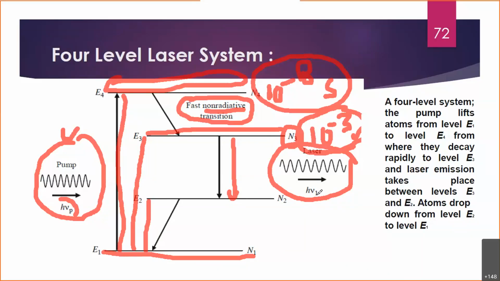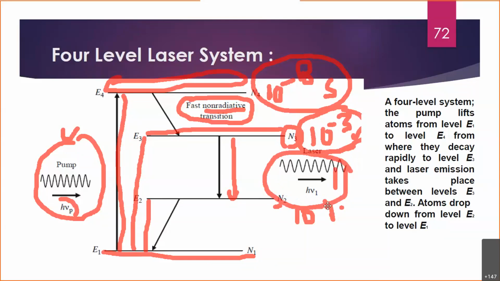If you want, you can write nu L also. If you feel you want to denote it for laser, then you can write nu L, it doesn't matter, but make it different compared to the original one so that people can identify that the pumping energy is different and the laser output is different. And coming to this level number 2, this level 2 again has a lifetime, somewhere in between these two. It has a lifetime around 10 raised to minus 4 to minus 6.